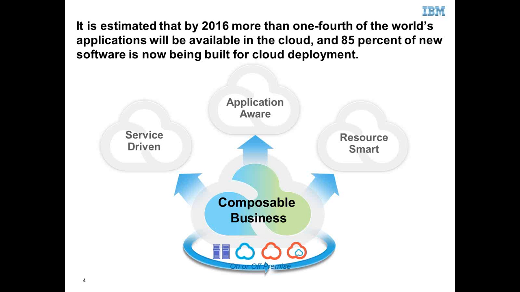If there is a campaign and a lot of sales are expected to come, the IT should automatically scale itself and then cater to the transaction load, even in unforeseen peak, rather than crashing and saying the systems are not tuned for that. So a lot of autonomous computing concepts also kick in as part of this composable business idea.